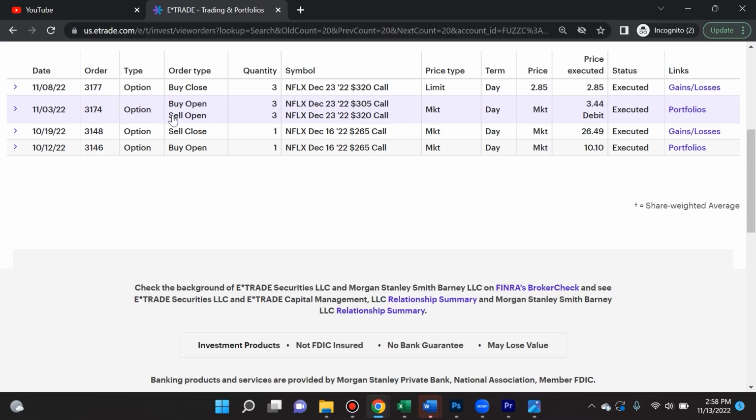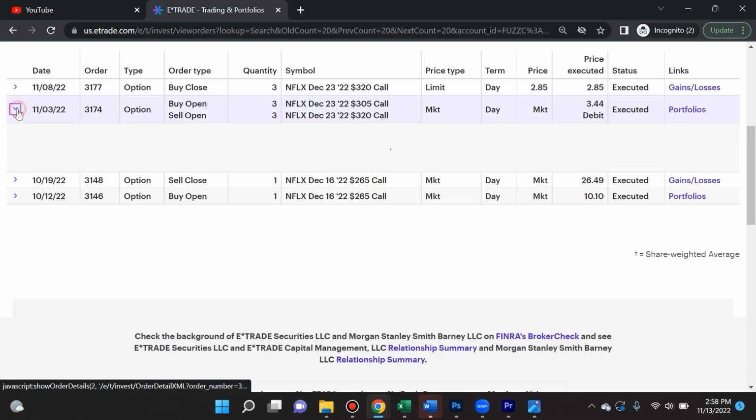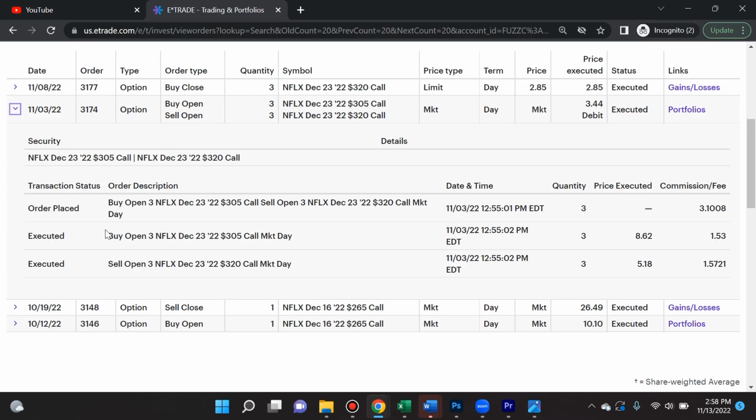But because I sold a call option, I could go ahead and deduct that from the principal that I'm spending. And you could see all of that right here. So we're going to explain this very, very slowly. So check this out. When I put in this bull call spread, I bought 3 Netflix December 23rd, 2022, $305